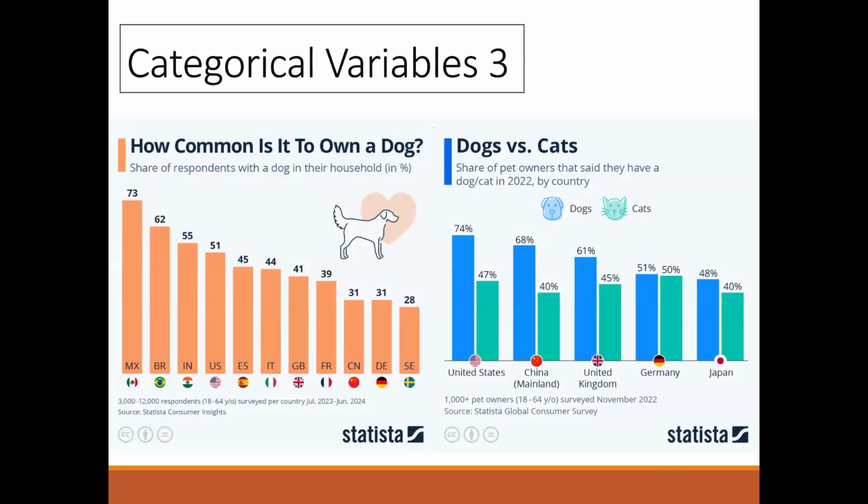All right, so we can do a lot more fancy things with bar graphs. We can compare a lot of different values across multiple categorical variables. All right, so if we make a pie chart, we can only show one country at a time. But if we make a bar chart, for example, we can look at, instead of how common is it to own a dog just in the US, which we could do using a pie chart, a bar chart, we can collect data from lots of different countries, and then we can show them next to one another. So Mexico has the highest percent of respondents with a dog in their household compared to